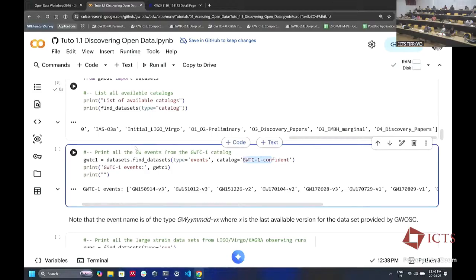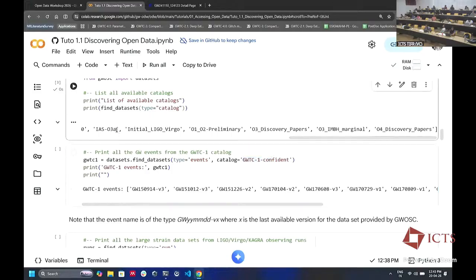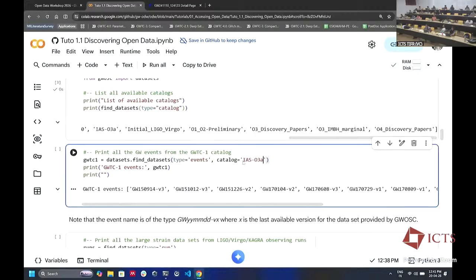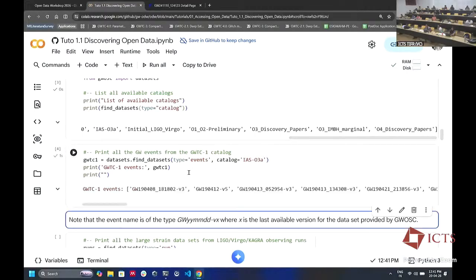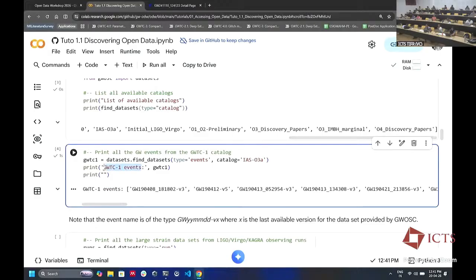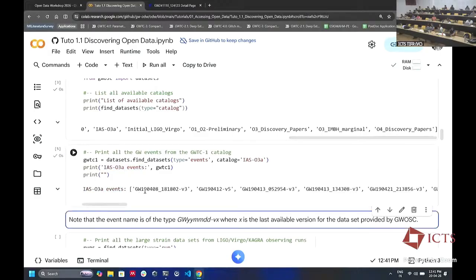These names you take from one of these. So for example, if I put GWTC-2, so they are not GWTC-1 events. I should have changed that. So then these were events detected in that catalog.